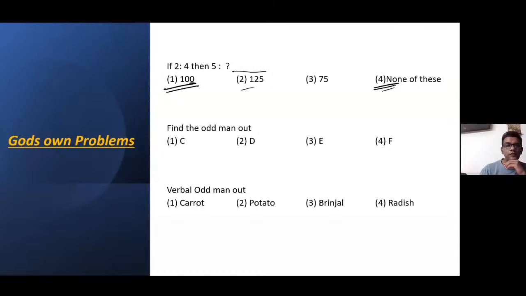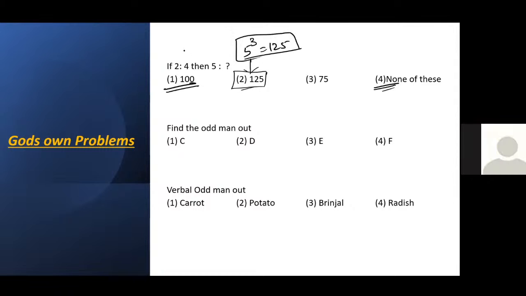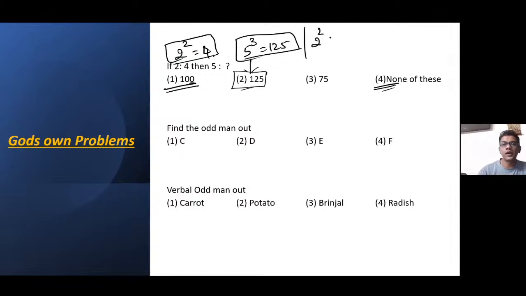So I also get 125. So I need to understand from Manikanta and the other person, how did you get 125? 5 cube is 125, right, sir? Absolutely right. 5 cube is 125. But why did I take 5 cube? Manikanta: 2 square is 4, so I think 5 cube may be related from these options. So 2 square gives me 4, and 5 cube gives me 125. Okay, this is right. But then the point is, when I'm talking about 2 square here, why am I talking about 5 cube and why not 5 square? Okay, so that's the one thing. Great.